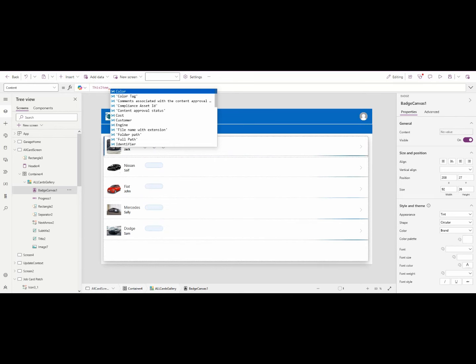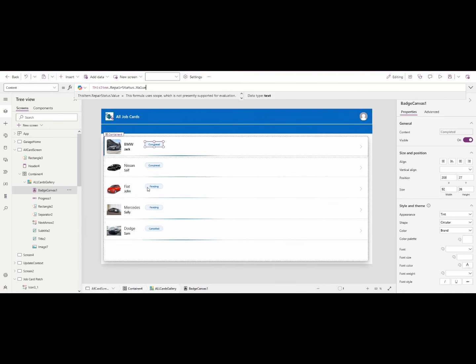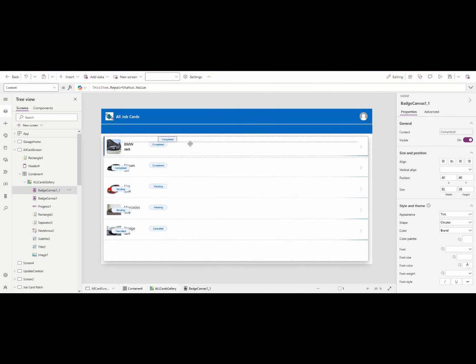So the column name there is repair status. But if I leave it like this, it will give me this error, okay? Because it's a drop down. So I have to tell him dot value. See, now it gives me the value of it, okay? So I can take it right a little bit, okay? Then I can copy it, okay? I just click Control C, Control V. I copied it, okay? And I will add